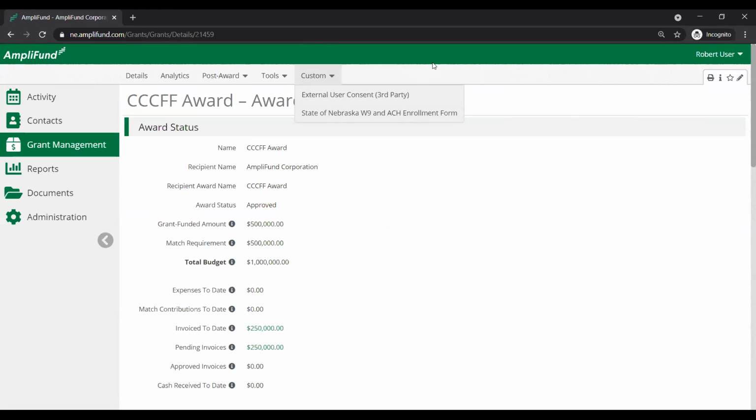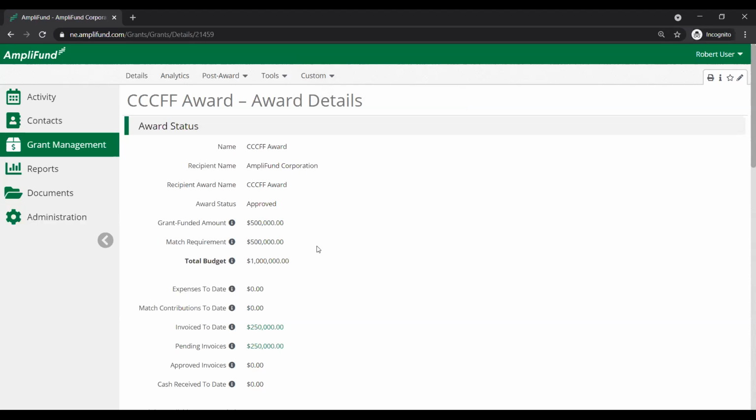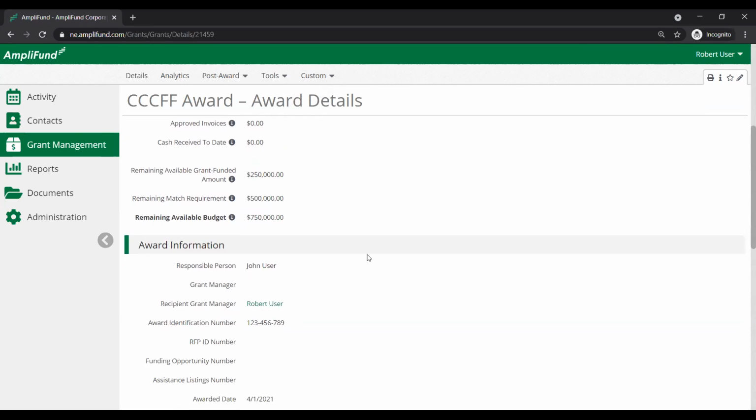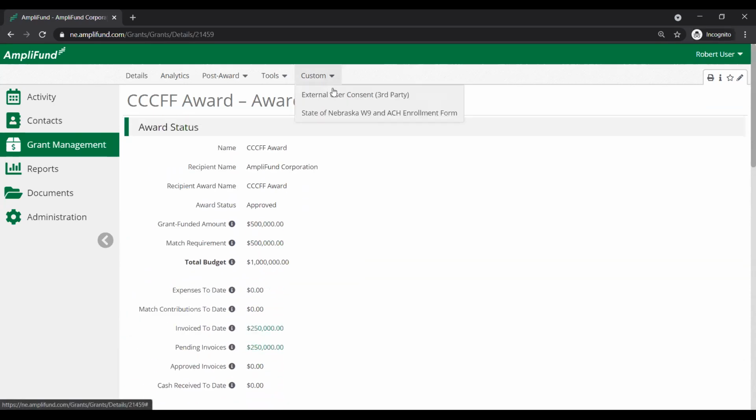So that's everything that we wanted to get through today, in terms of navigating the award, adding users, adding a recipient grant manager here, accessing that W-9 and ACH form and uploading it or completing it, going in and accessing your contract in the documents folder, signing, uploading the contract, accessing the task, completing the task,